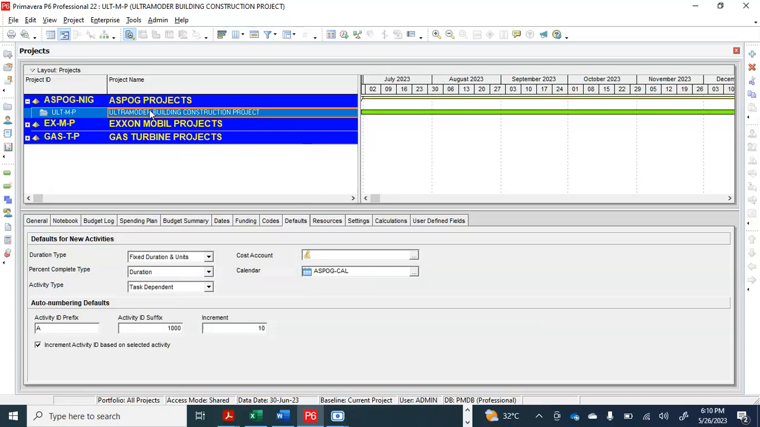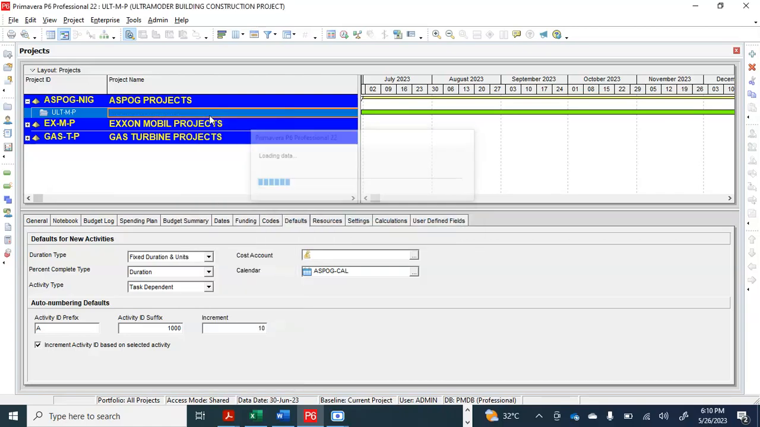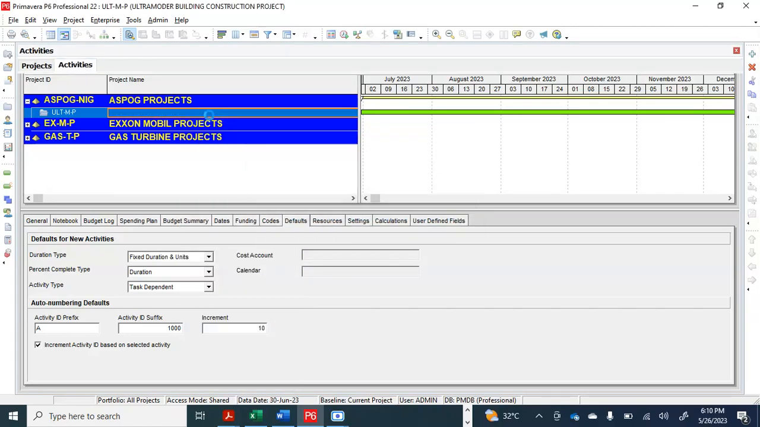To put yourself in the know and be in line with us as regards today's class. So after that, I talked about opening projects. You just right click and you open. It will load. Once it opens,